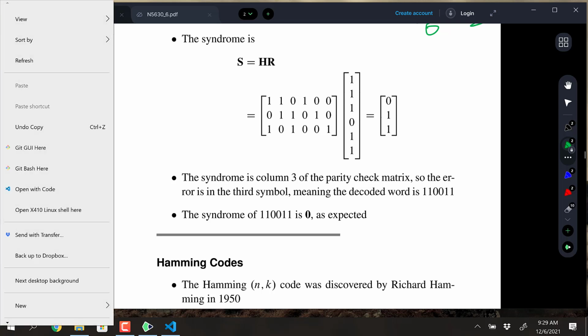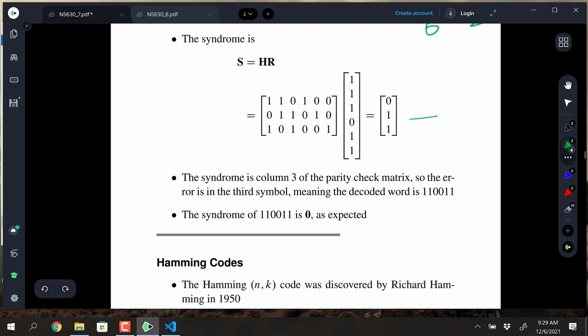This is where I'm drawing a blank right now, because I'm looking at this result, and I'm seeing 0, 1, 1, and... Yeah, it seems like 2 errors. Yeah, that's what I'm saying too. But I'm thinking,